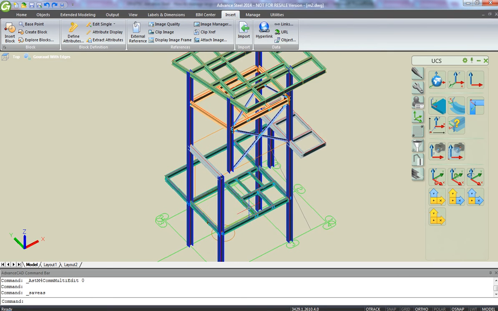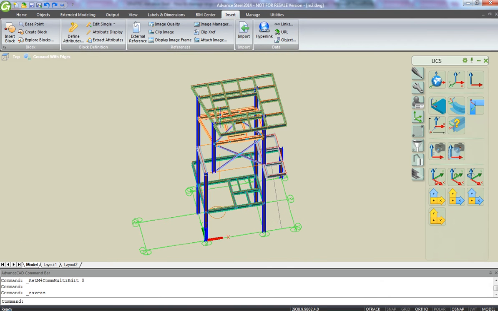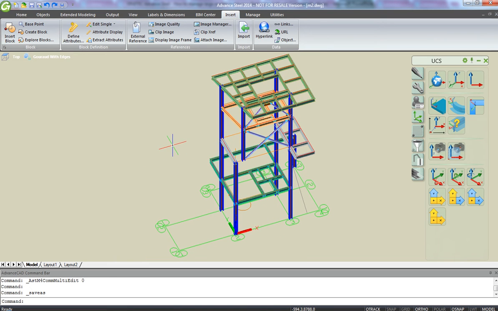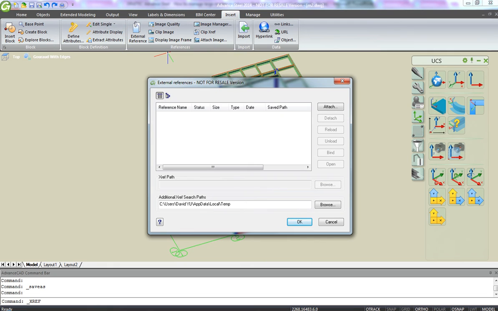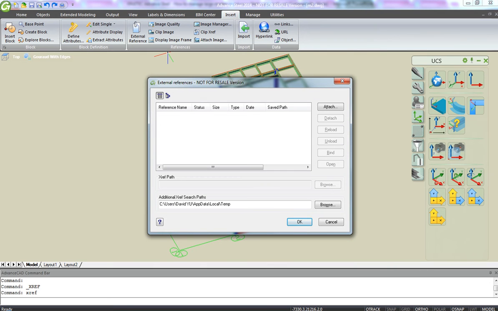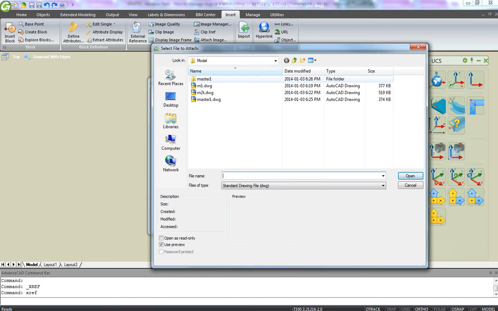Of course, for this one we can continue the modeling, we can extend this model, adding new elements. And what I can do, if I want to see the position of the M1, I use the XRef. So in insert we have external reference, and it opens this dialog window, or we can just type XRef and it has the same functionality. So now I open this, go to my folder. This one is M2, I want to attach